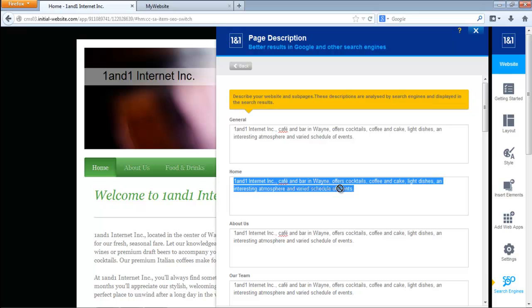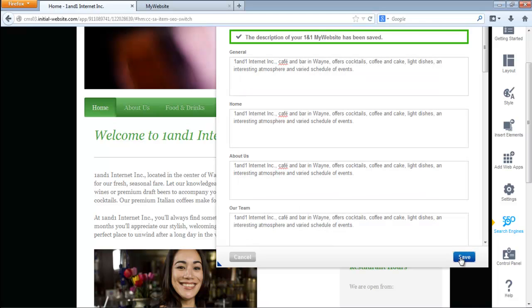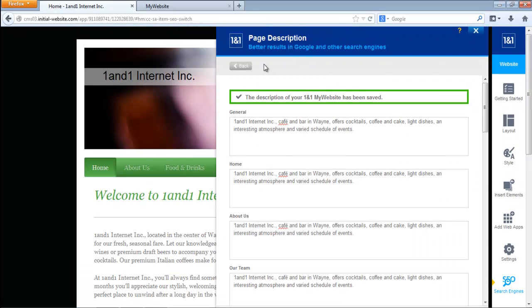This is what you will see at the home page. This is all for search engine optimization. It's very good for drawing people into your business. We also have